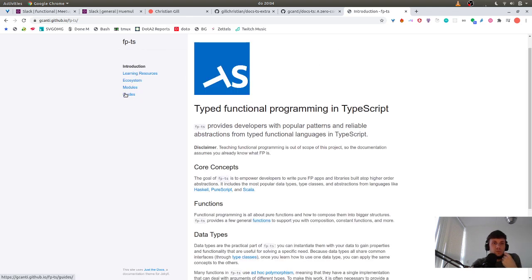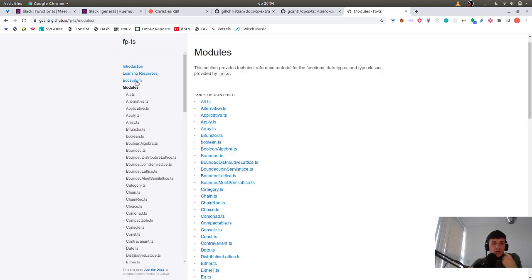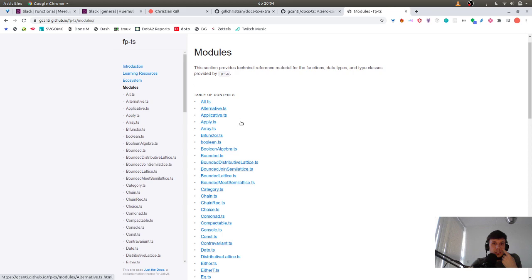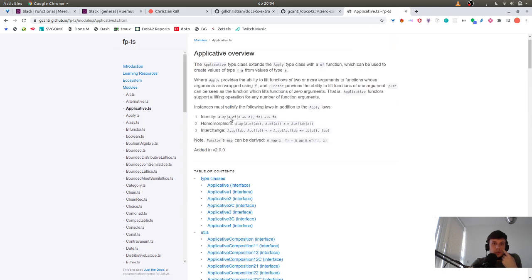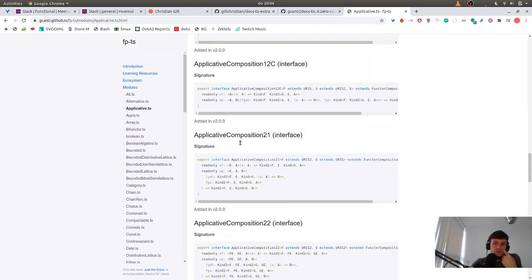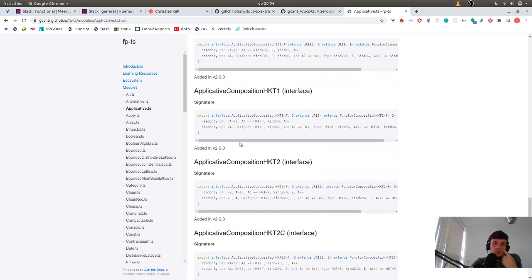So you can add the pages with Markdown, but then all the code gets these generated docs, with the signature and some stuff that you write in the